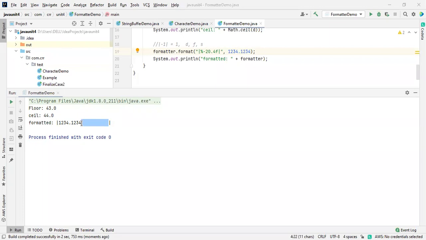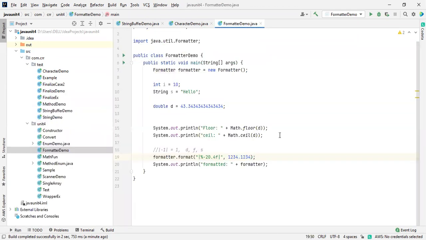How do you identify them? We have percentage n, percentage o for octal integers, percentage f for floating point, d in the sense of an integer, c in the sense of a character, b or a capital B in the sense of Boolean values, and a small a or a capital A in the sense of floating point hexadecimal. I think you know about the escape sequences. In C language, most of you are going to use escape sequences more.